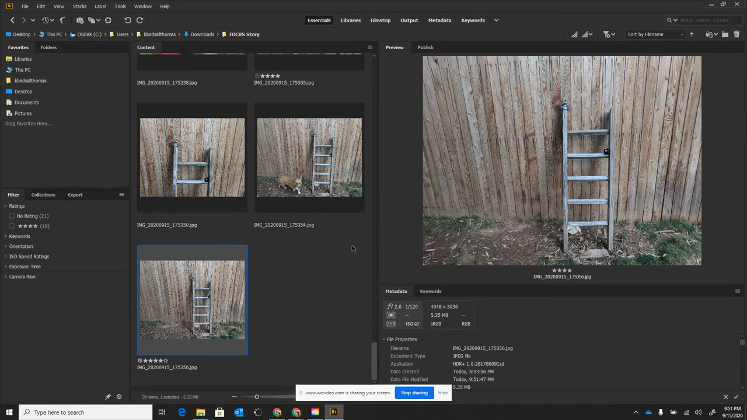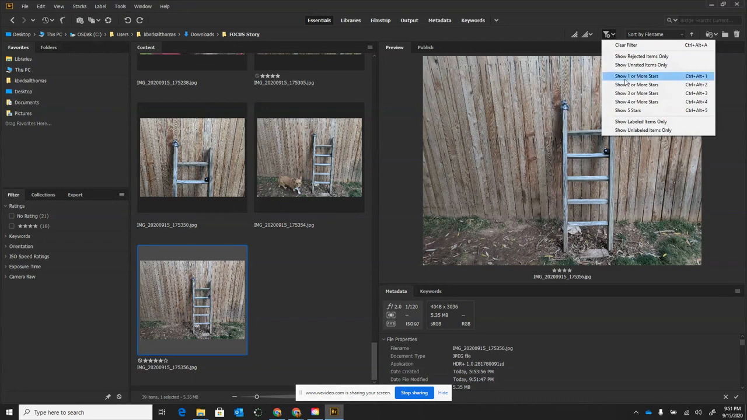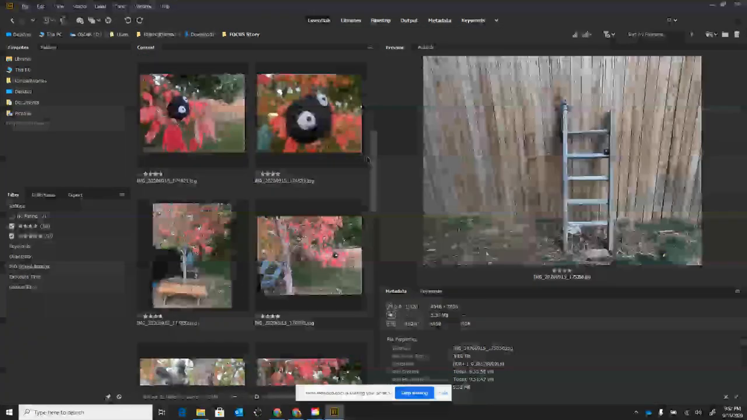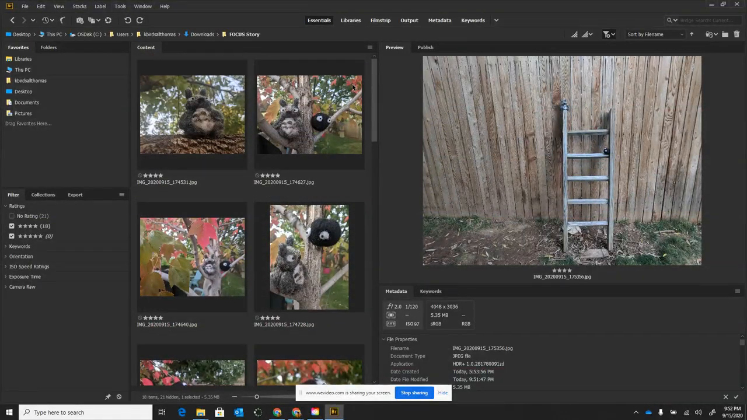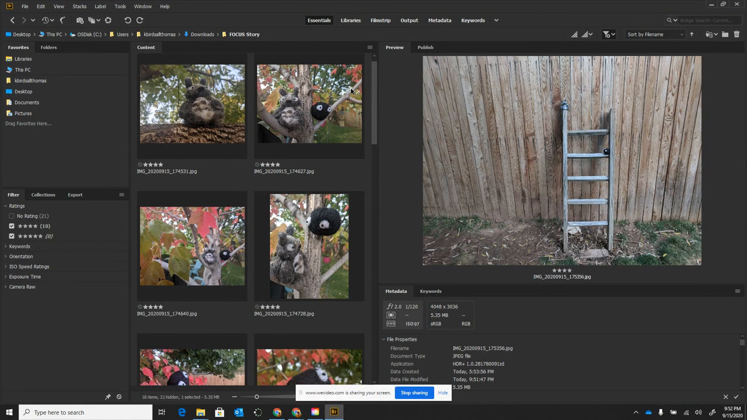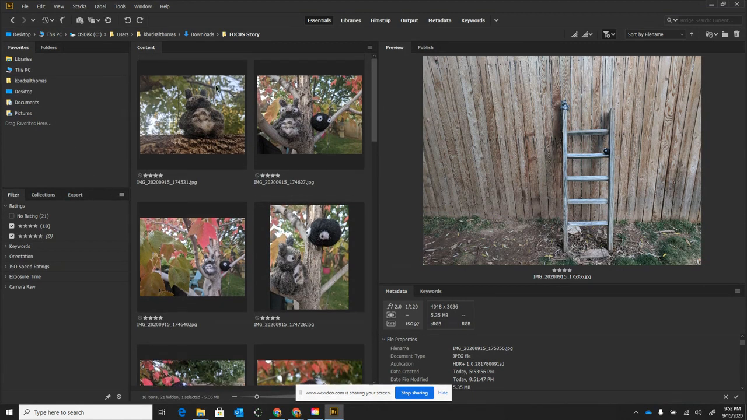All right, now that I've selected all of the ones that I think might look good, I'm going to go ahead and filter them. So now I'm going to filter them by showing only 4 or more stars. These are the pictures that I've said I could possibly edit, and I can tell that one's a good